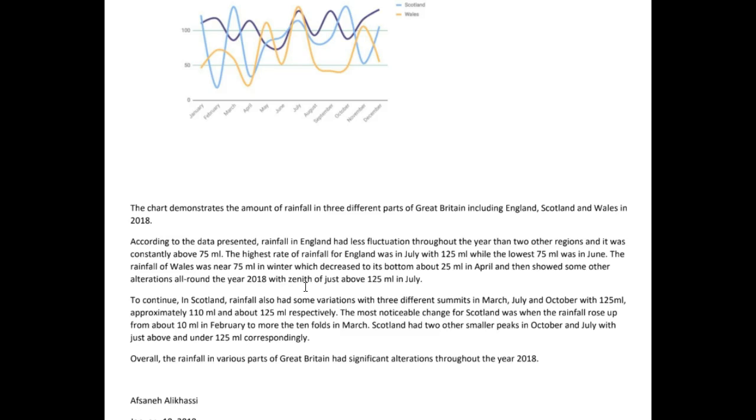Okay. To continue, in Scotland, rainfall also had some variations with 3 different summits in March, July, and October, with 125, approximately 110 ml, and about 125 ml, respectively. The most noticeable change for Scotland was when the rainfall rose up from about 10 ml in February to more than, you can't really say to more the tenfolds. You can't do that. So let's say instead, when the rainfall